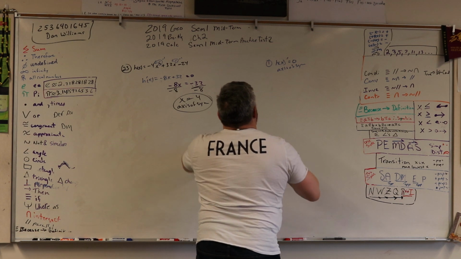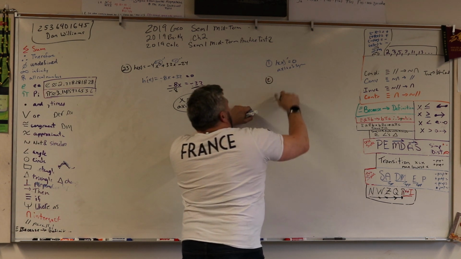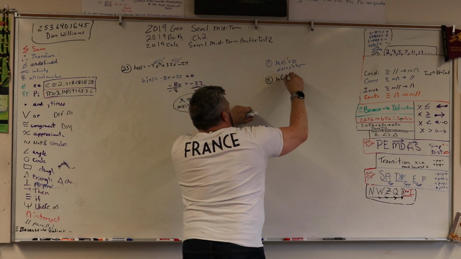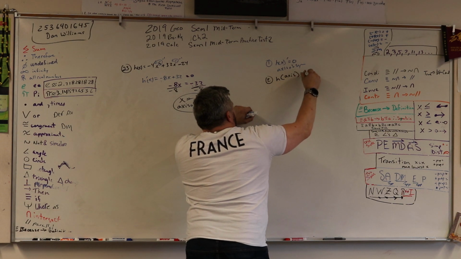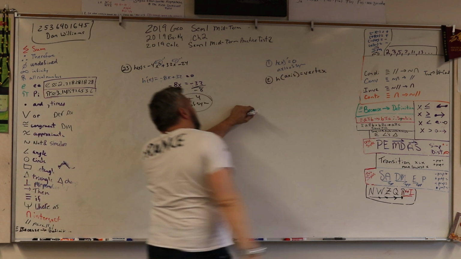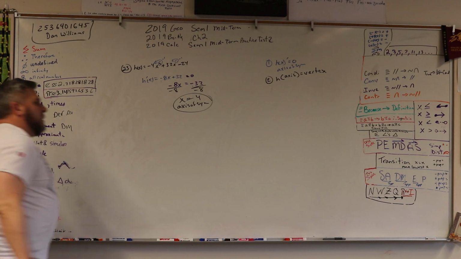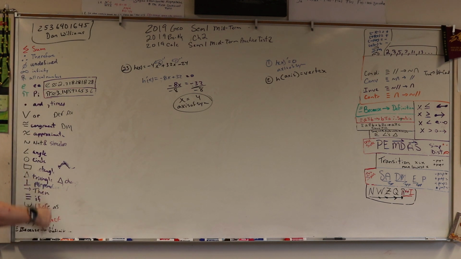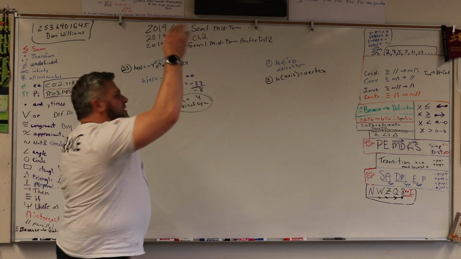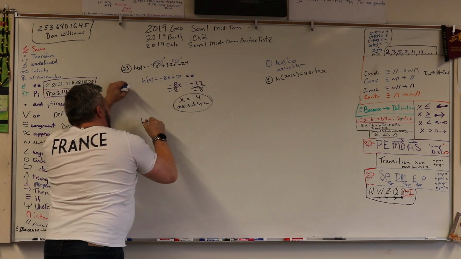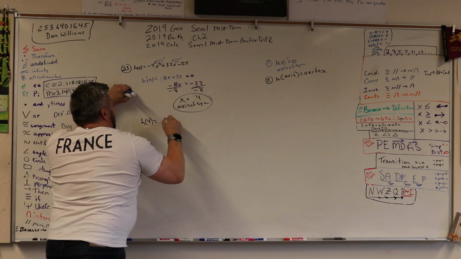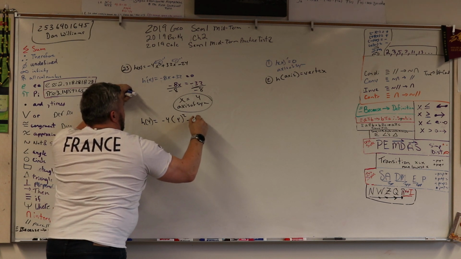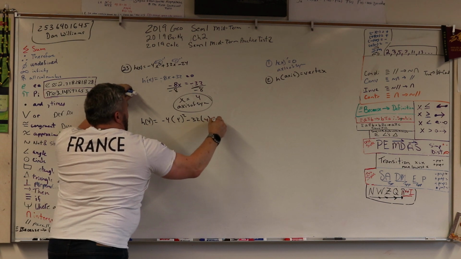Plug it in, plug it in. So you take whatever your axis is and you plug it into the function. Is that negative 4 or is that 4? In this case, that is 4. What does that say under? Oh, axis of symmetry. So I'm going to take that axis of symmetry, I'm going to plug it into the original function. So h of 4 is going to equal negative 4 times 4 squared